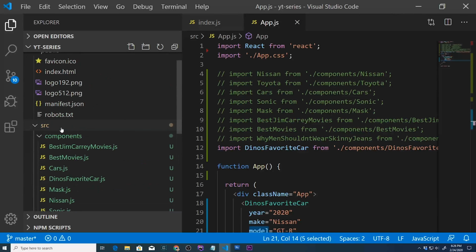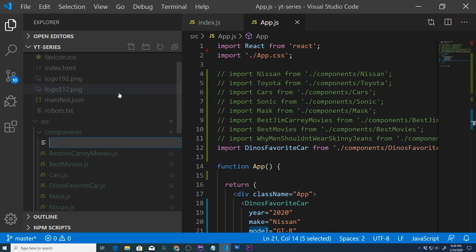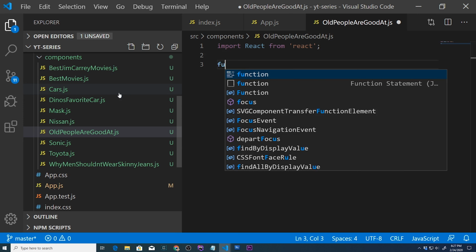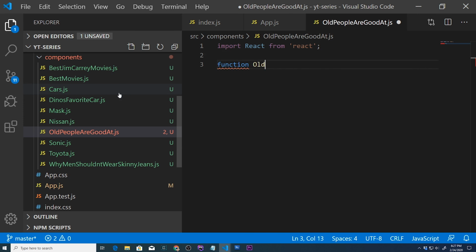So what we're going to do is inside our components, we're going to create a new file, and we'll call this one OldPeopleAreGoodAt.js. Right here we're going to import React from React, and we are going to create a new functional component called OldPeopleAreGoodAt, and we're going to pass props. So this is nothing new so far. We're going to also return